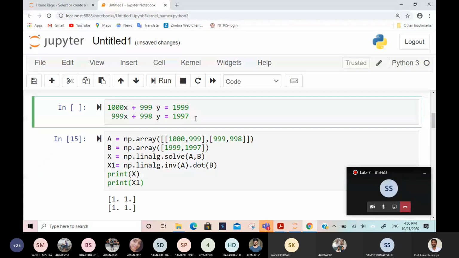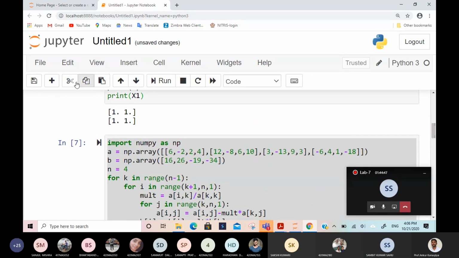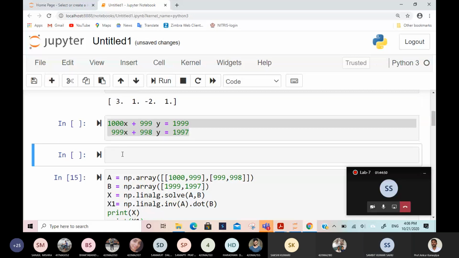Now I'm giving you another problem. This time you have to guess the answer. No need to solve, no need to try over Python. Just guess the answer. Based on the guess, it may be correct or wrong. Doesn't matter. As soon as you can guess, you can speak.